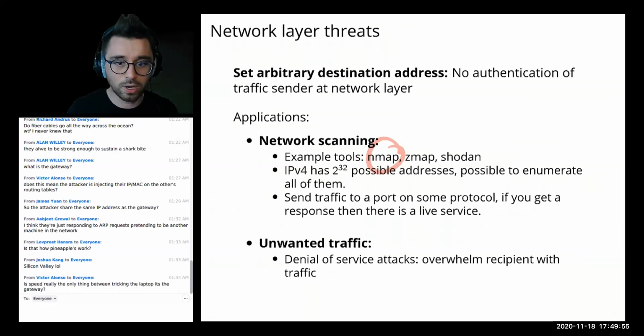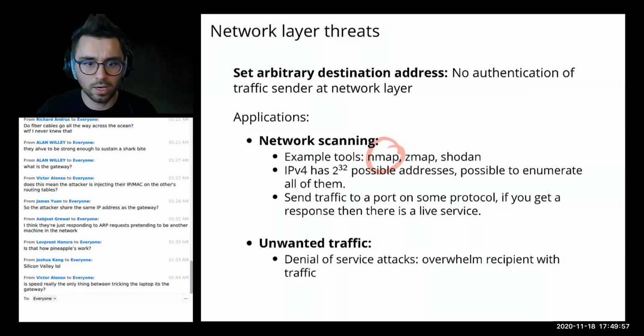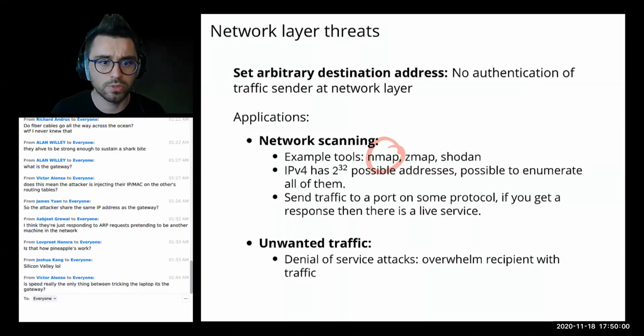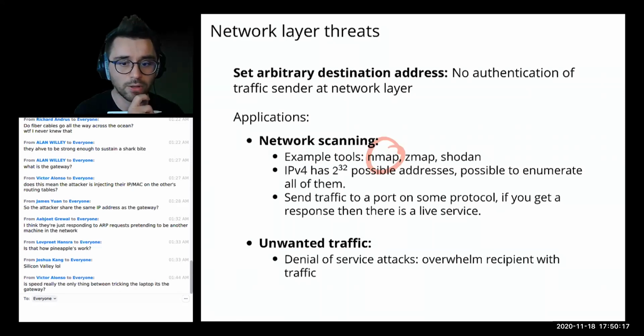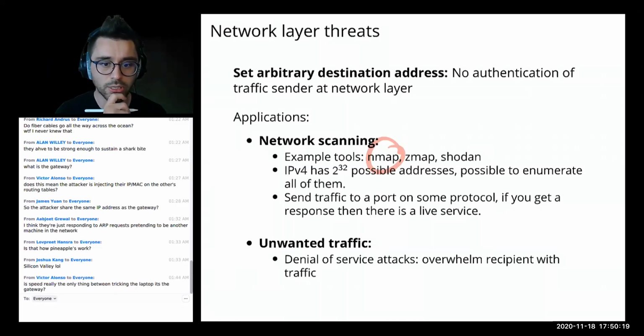Okay, so network scanning is one typically good thing that uses these unauthenticated parts of the protocol. But they can also be used for evil, beyond having discovered some particular machine is online, now I might come mess with it. So in particular, one thing you can do by forging source addresses is carry out denial of service attacks, right? So you can essentially just overwhelm a server with a bunch of traffic, and it might think that it's getting a real connection, but it's not because you forged the IP address.